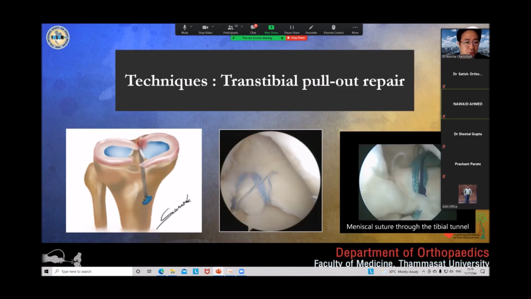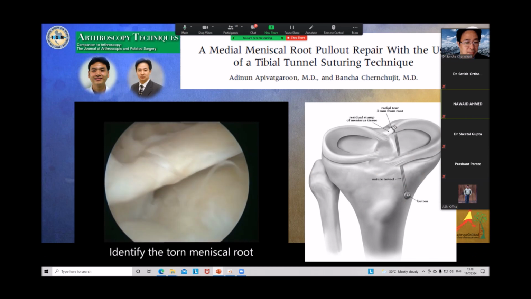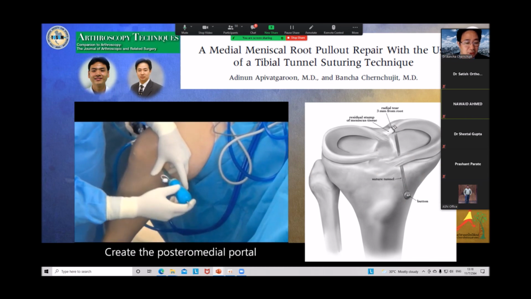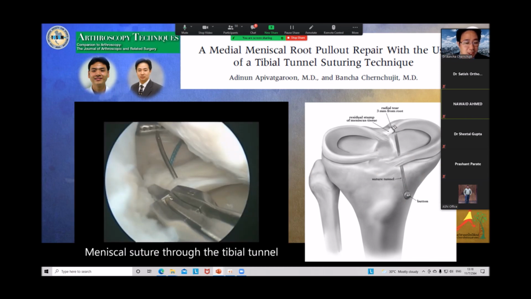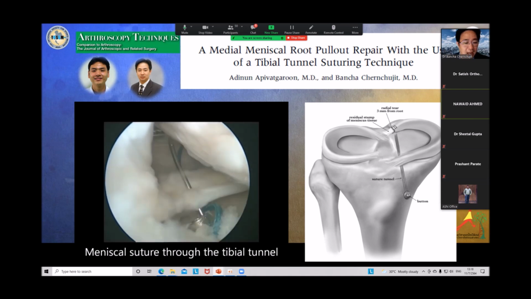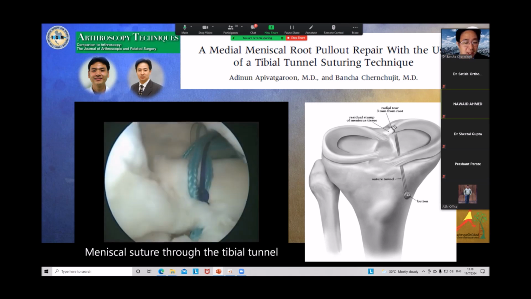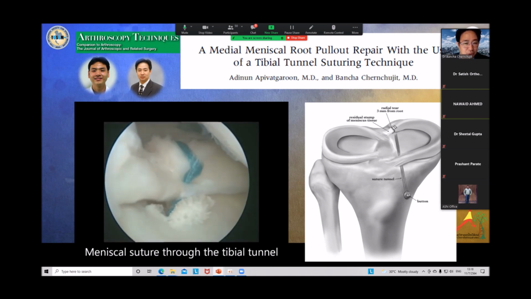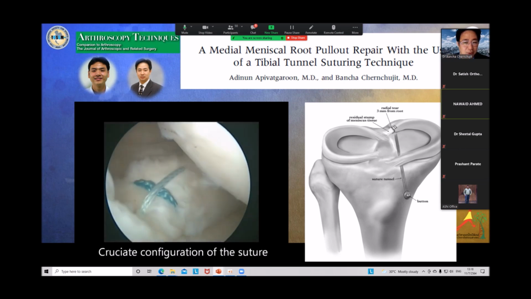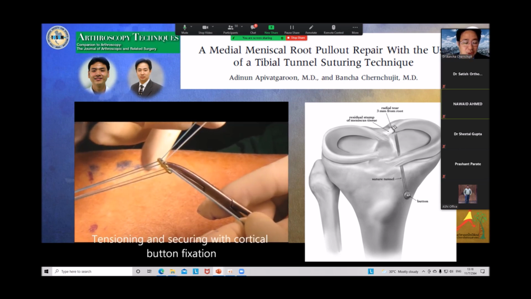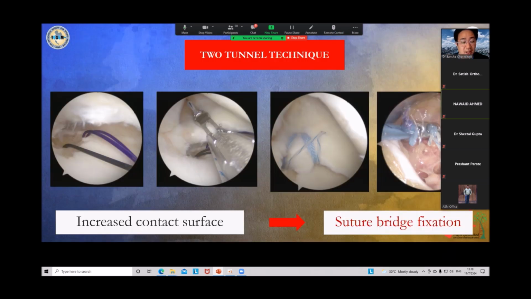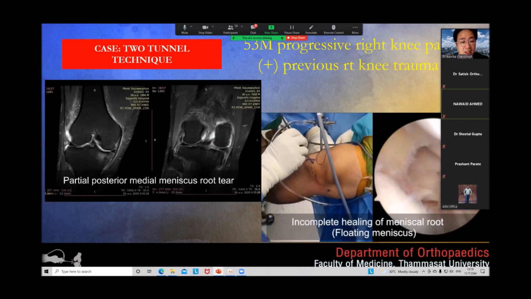So there are 2 common techniques: the transtibial pull-out technique and the suture anchor technique. So I'm talking about the transtibial technique first. So this is my technique proposed in Arthroscopy Techniques. This is good for the patient who has a minimal gap. You can make a transtibial tunnel suturing technique using the spinal needle and then you can tie the meniscus to the post. With the two tunnel technique, the benefit is that you can increase the contact